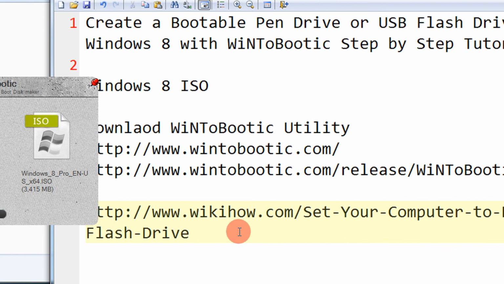One more tip: before shutting down or rebooting, insert the pen drive in your system. Many a time it happens that when you reboot your system and just insert the pen drive, the system may not recognize the pen drive. So let the USB be inserted in the system and then restart your system.